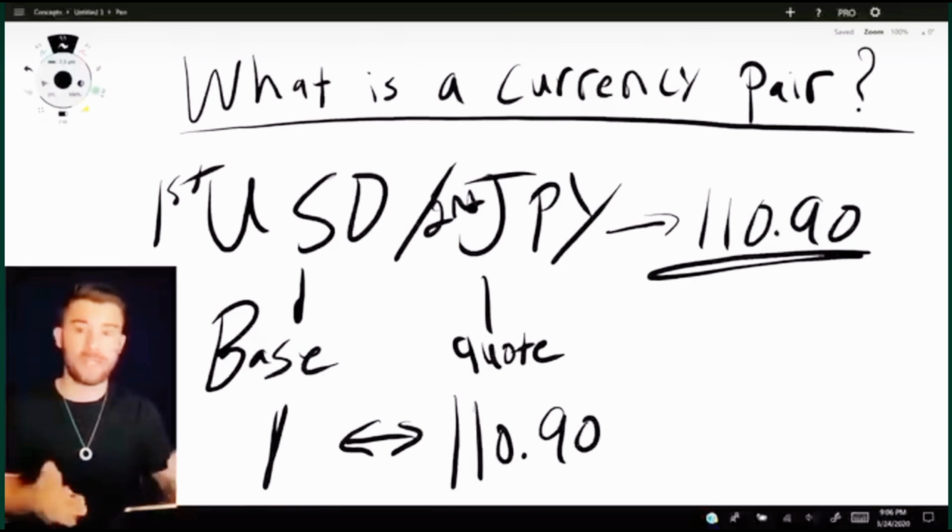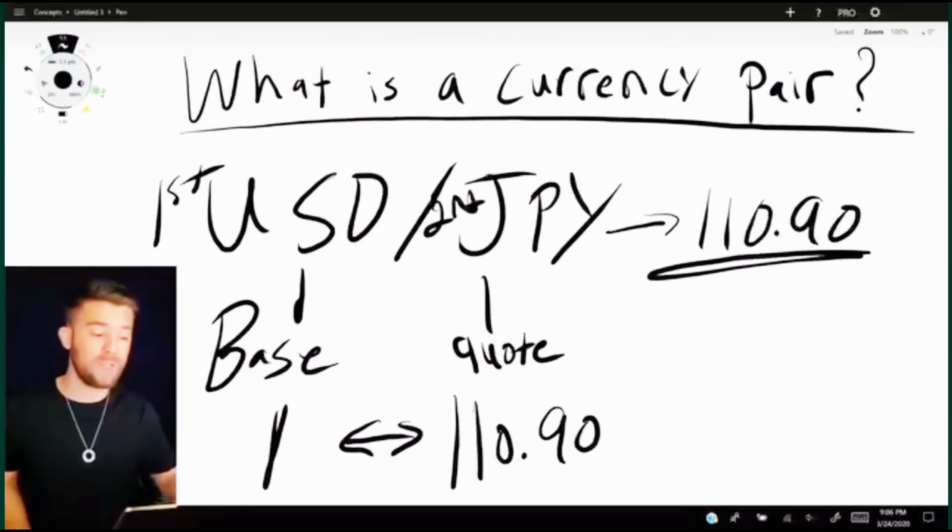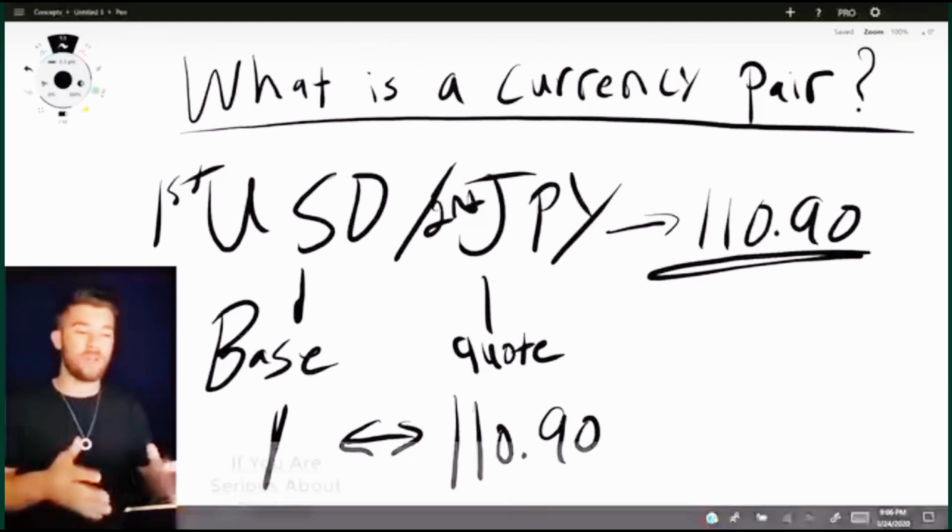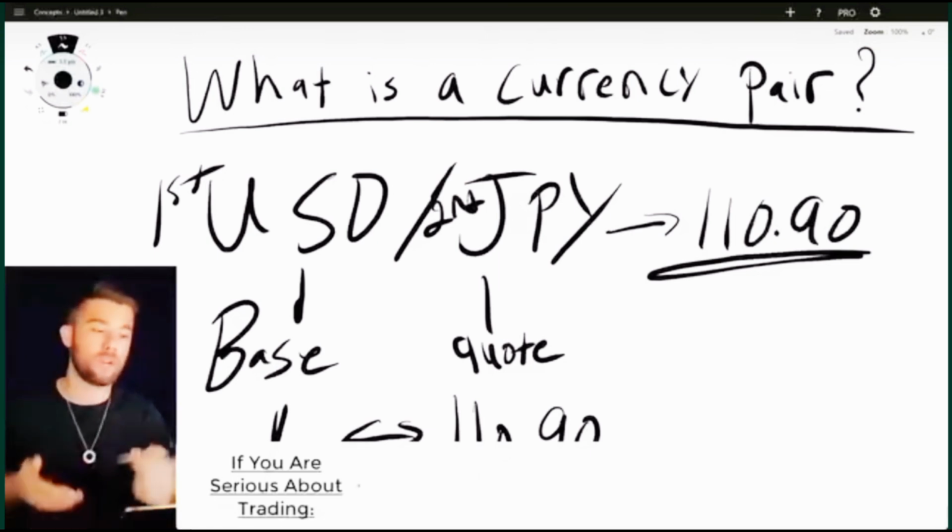So in this case, again, the dollar would be 1. The yen means I need $1. And when I have $1, I essentially have 110.90 yen. So that was a look at what Forex is itself, and also what is a currency pair,